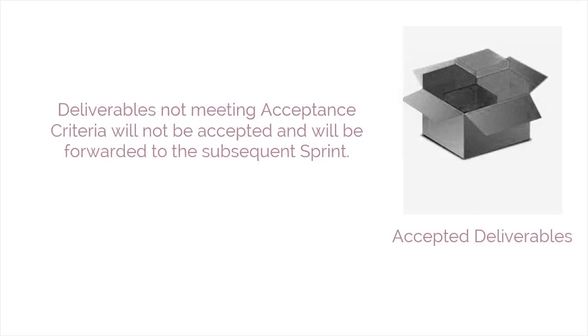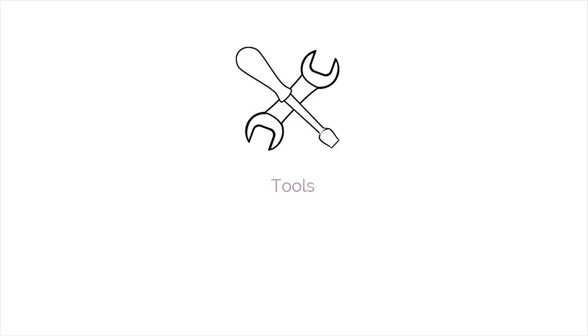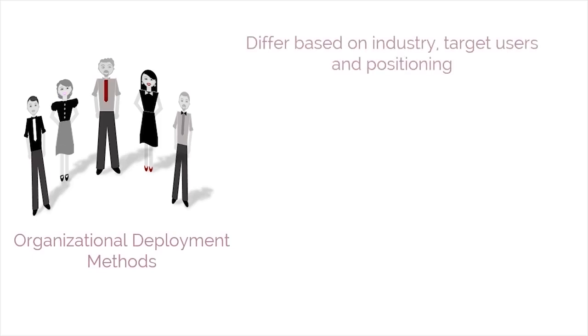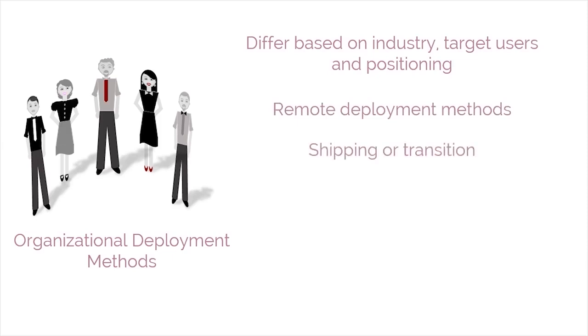Now that we have the inputs ready, let's see what tools are available to carry out the process. In the ship deliverables process, the main tools involved are the organizational deployment methods. The deployment mechanisms of each organization tend to be different based on their industry, target users, and positioning. Depending on the product being delivered, deployment can take place remotely or may involve the physical shipping or transition of